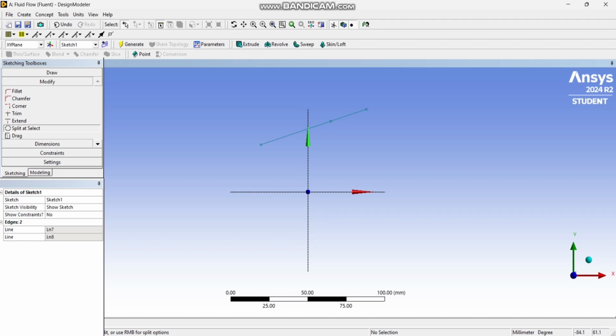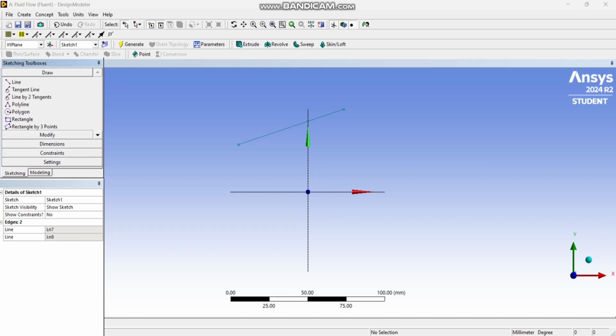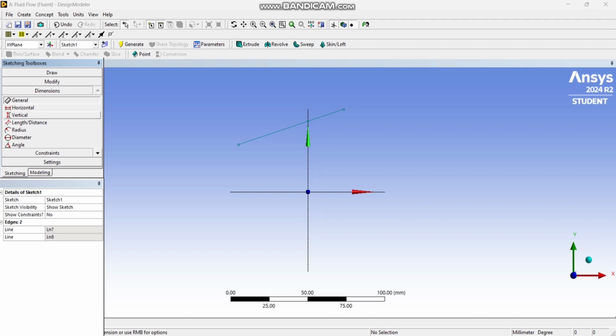which is super useful when you need a body to match up exactly. Constraint, coincident, and select this to this. Then what we need to do is use general length and modify the dimension. Here the length will be 60